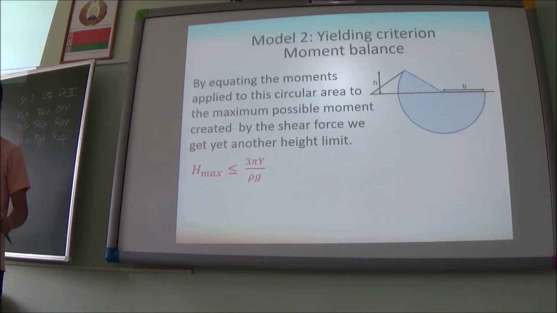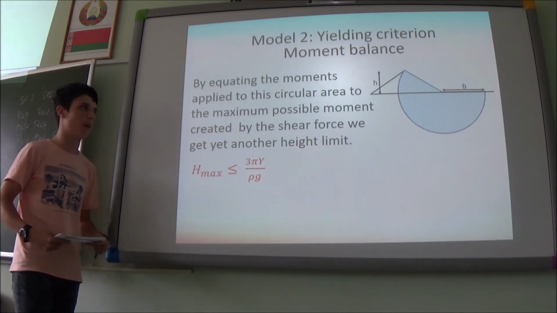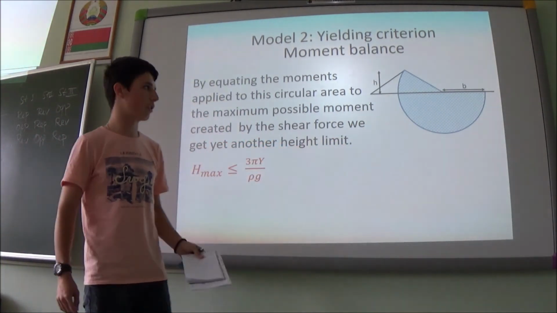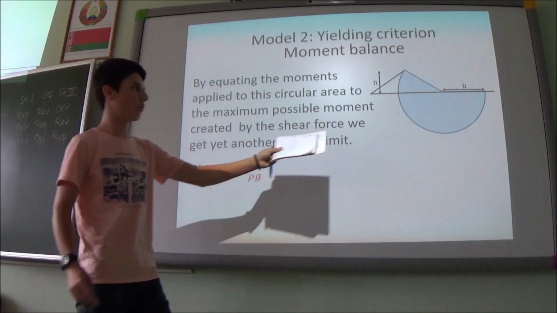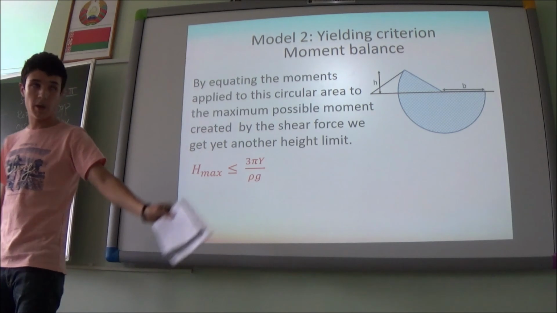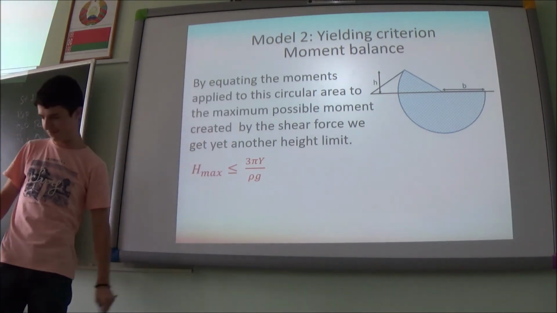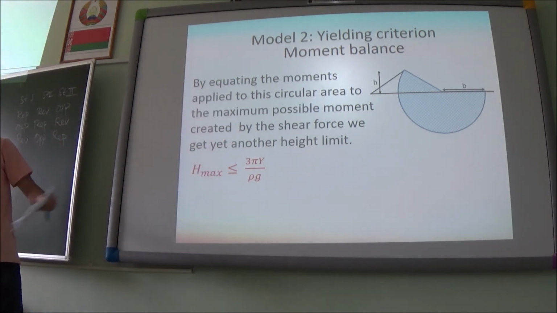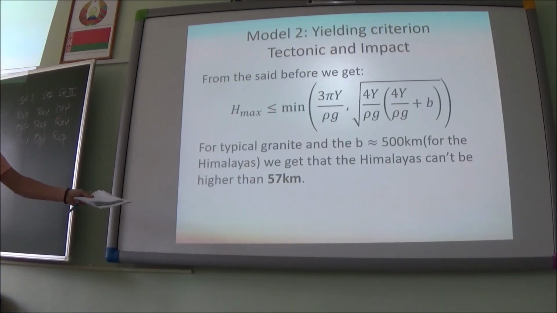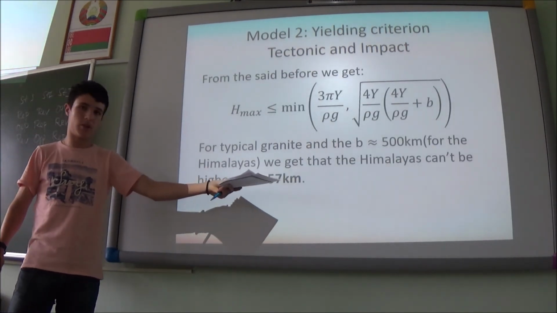Also, we have one more criterion about the moment balance. If we look at this mode of fracture, we can see that there is an unbalanced moment, which should be balanced by the shear stress. And we get this other criterion, so we get this overall criterion, which for the Himalayas is 57 kilometers,